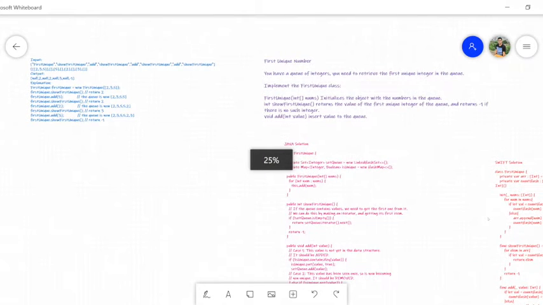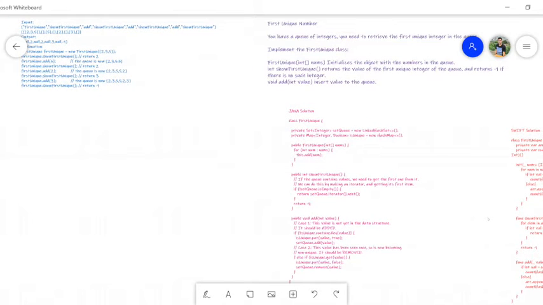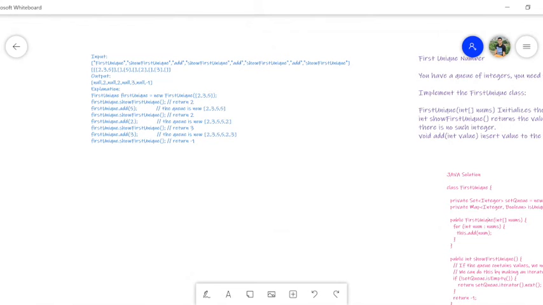So we know what the question is, so I'm not explaining the question. We will basically see the example first and then we will go with the solution itself. On the left side, if you can see the example, initially we have an array of 2, 3, 5. If we ask what is the unique number, the 2 will be the first unique number. So that is perfectly okay.